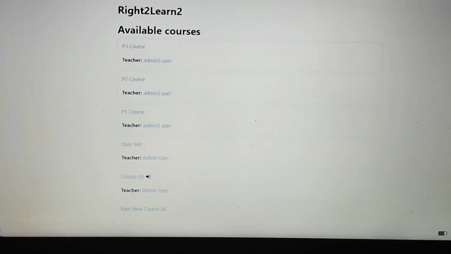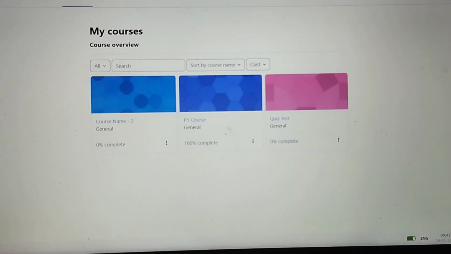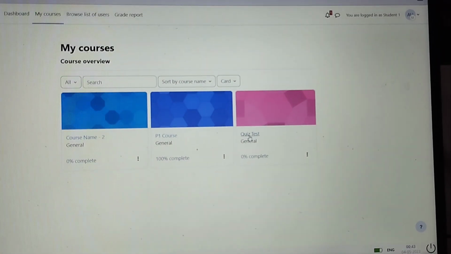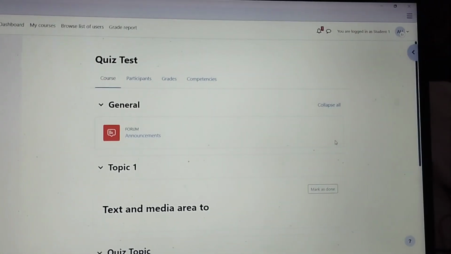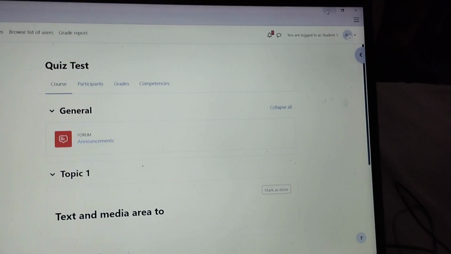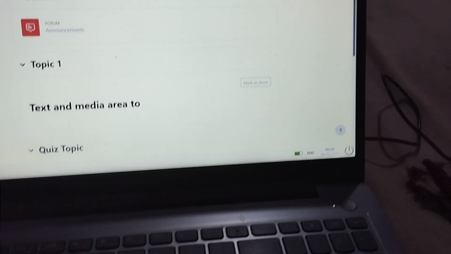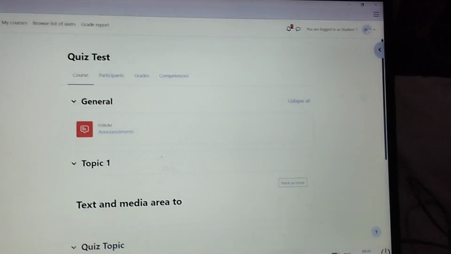I am using this feature because I lost the password and I don't want to waste my time in resetting that. So come to this quiz test here. I am already in the safe browser. That means only this instance I can access, otherwise I cannot go anywhere. You see everything is locked, no taskbar, nothing, only this. Okay,